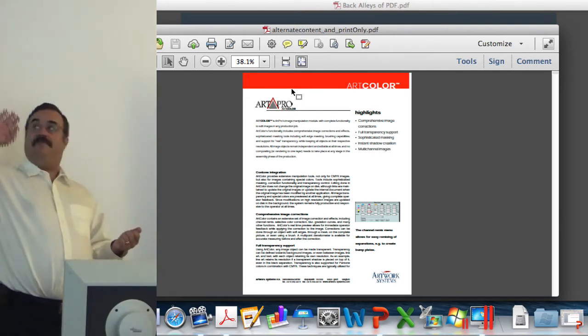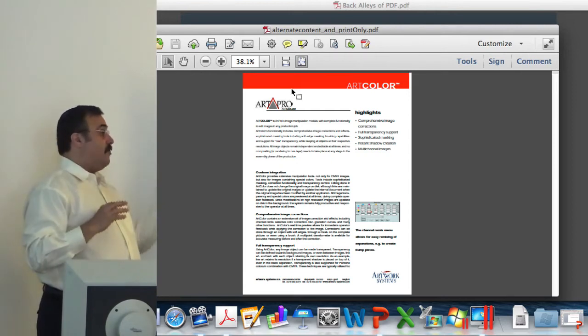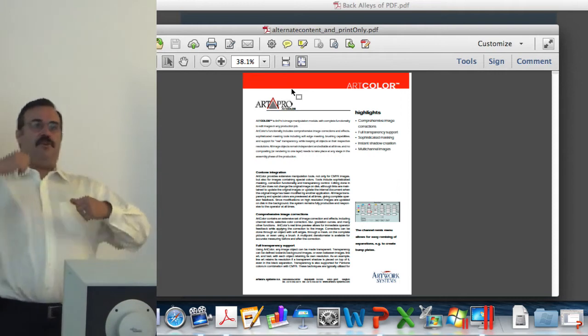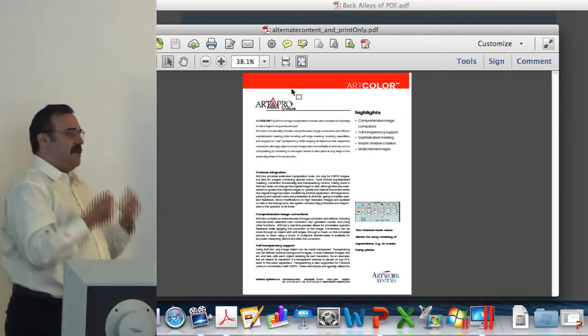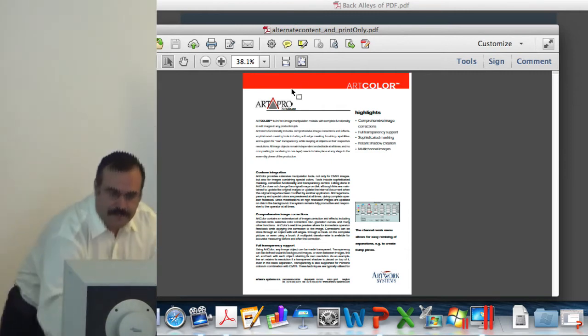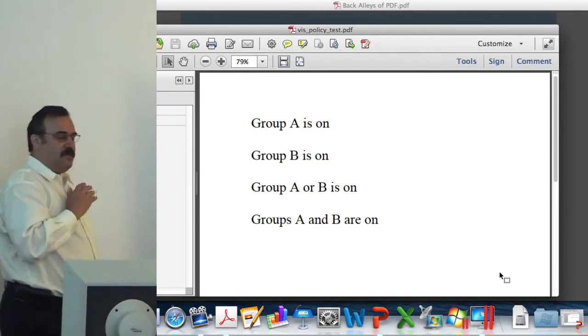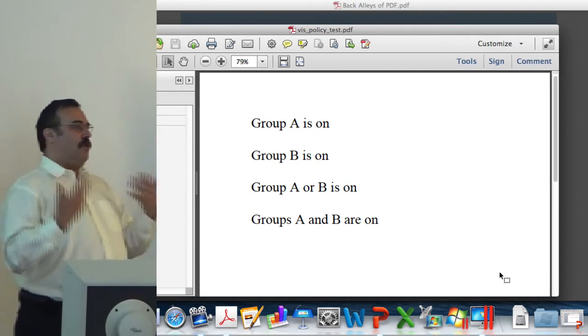For example, you could have this as the screen view, and you could have a printed view that looked very different. Okay? You get to choose screen view, print view, export view. These are all optional criteria that can be specified to the page content. And it doesn't have to be simple. You know, I've been talking about sort of one or the other, but you can actually specify what are called